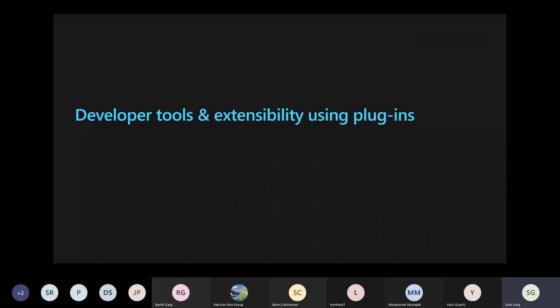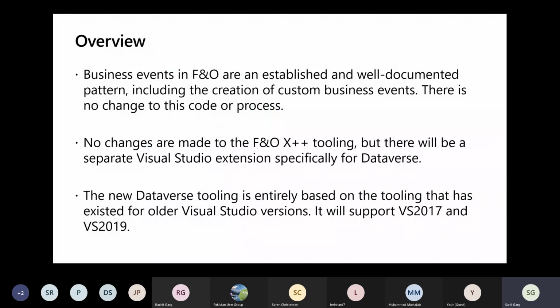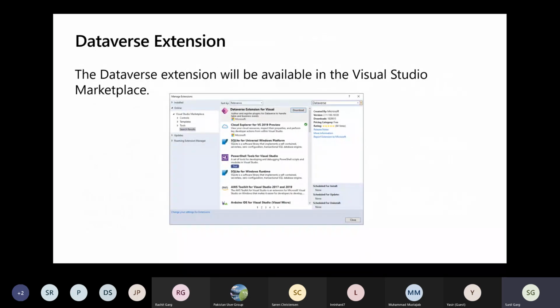So now we jump into developer tools and extensibility using plugins. This is what we were talking about all this while, which is how do we enable a non-X++ extensibility story for finance and operations using business events, now that business events will be there in CDS, or data events, which will be there in Dataverse going forward. In the next few slides, we will take a quick look at the user experience from a developer perspective. Even if runtime supports execution of plugins using FNO business events or data events in Dataverse, that is just the runtime aspect of it. But